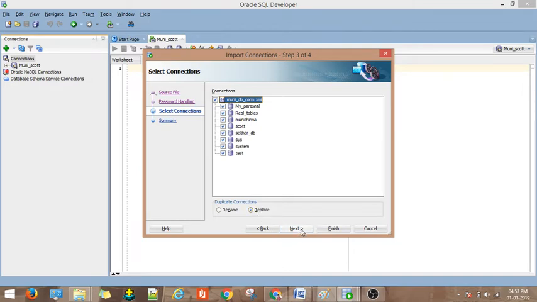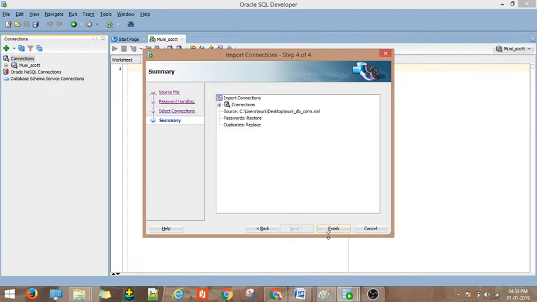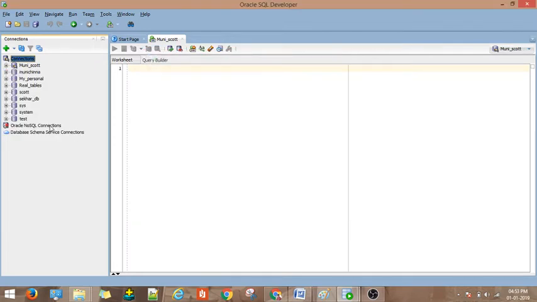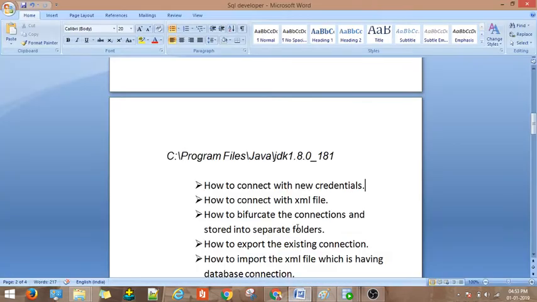Next, next, just finish. Now I have got all the connections the XML file has, and I can use all of them. So we have done the second one also. First one, how to connect with new credentials. Next one, how to connect with an XML file.